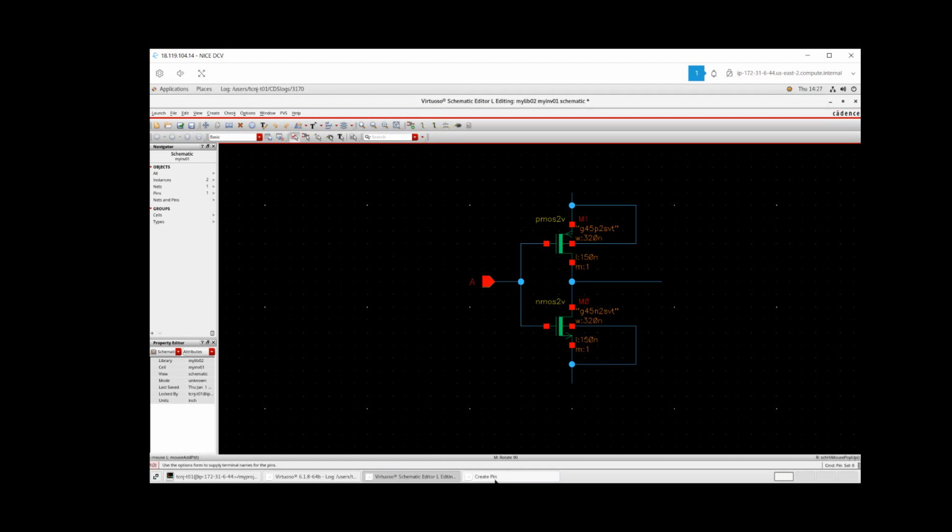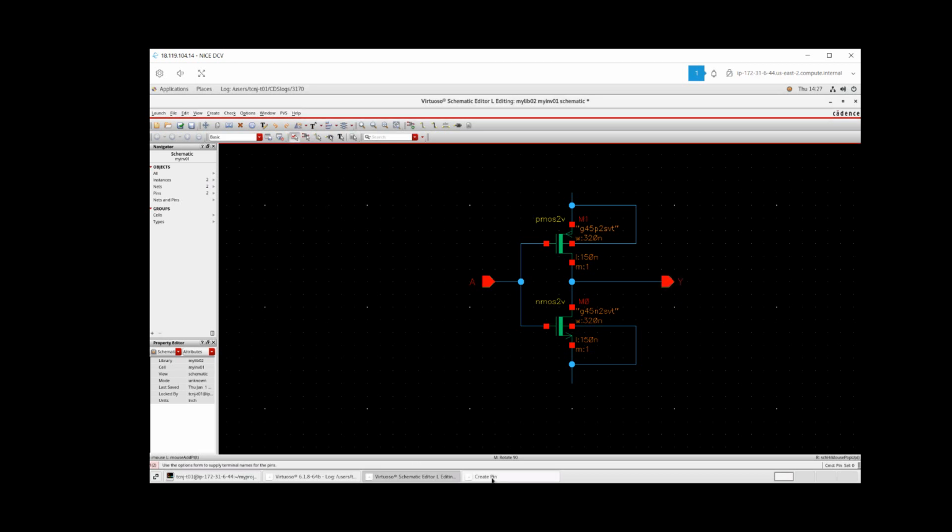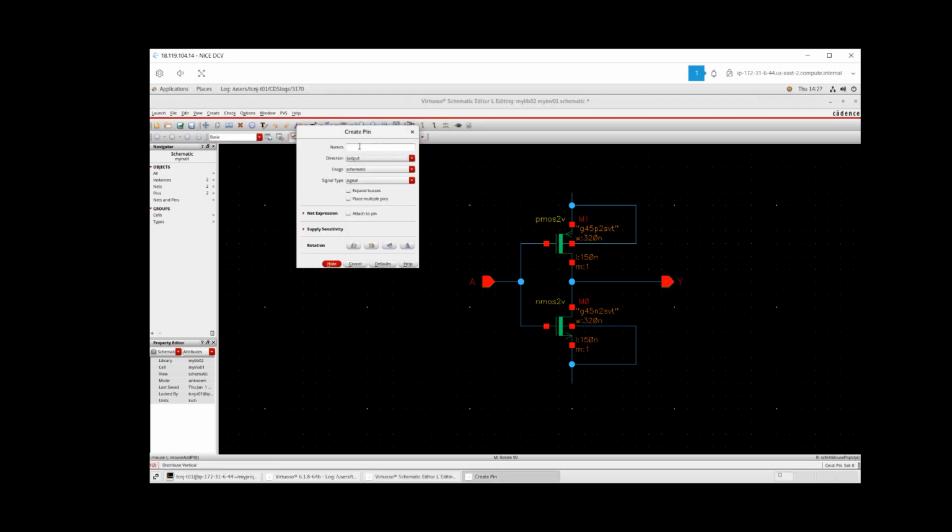Go back and recall the create pin dialog from the desktop over here. I'm going to add the output port called Y, and I'm going to change that to an output, and I'm going to assign it here to that net. Now I'm going to go back and connect